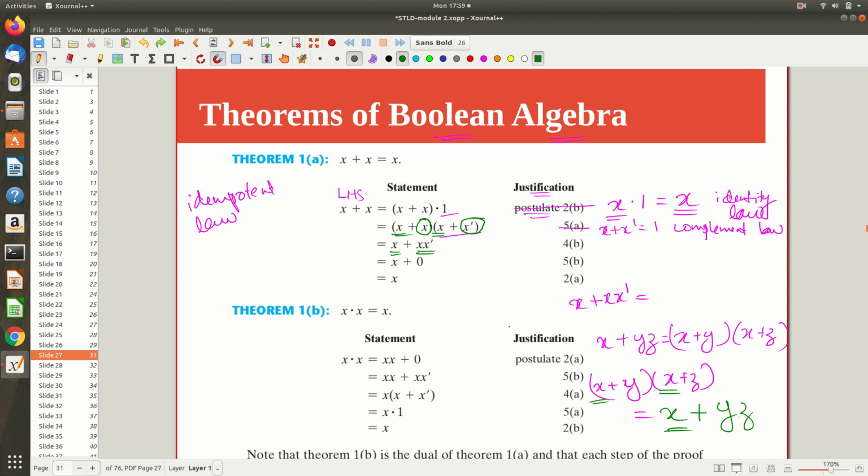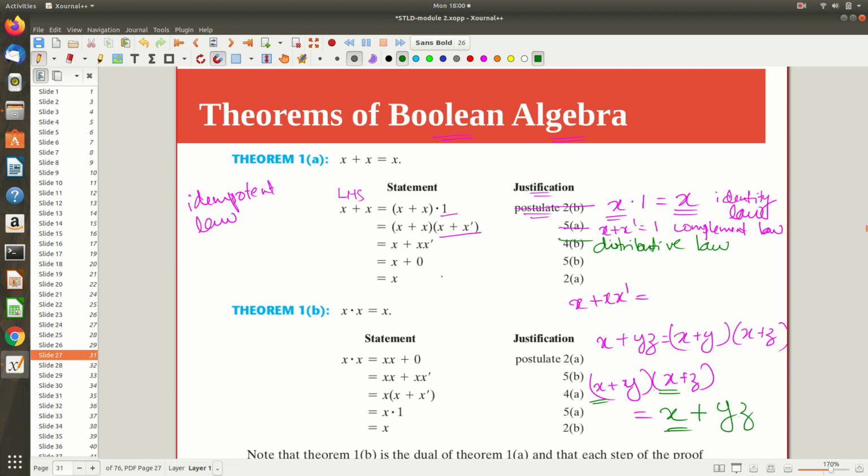Is it clear? Still any doubt? You re-watch the video. This is very important, because this we will use many times in future, right? Whenever there is simplification, observe whether this first part is same, then take it out, and the remaining two you combine. That's all. This you can do only if this first part is same. If it is different, don't do like this, okay? And this operator also has to be same. So what law we applied is actually the distributive law. By applying the distributive law in the opposite direction, I got this, okay?